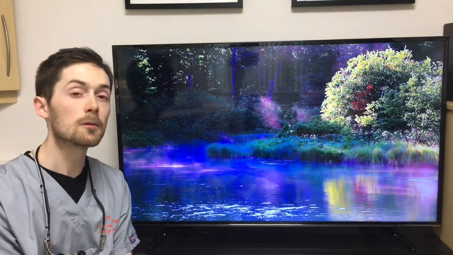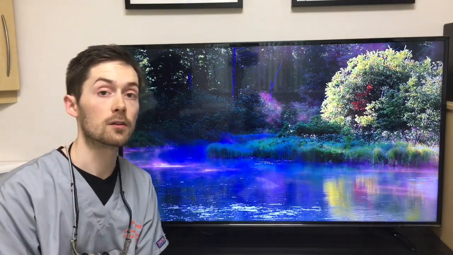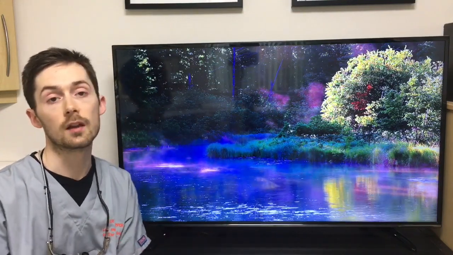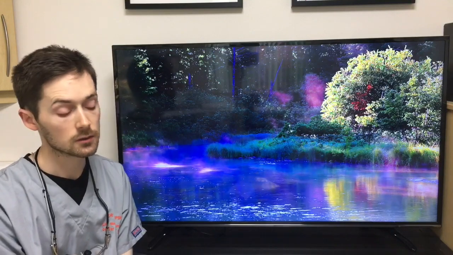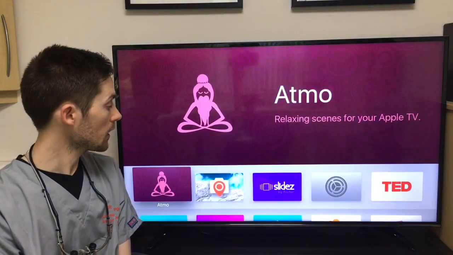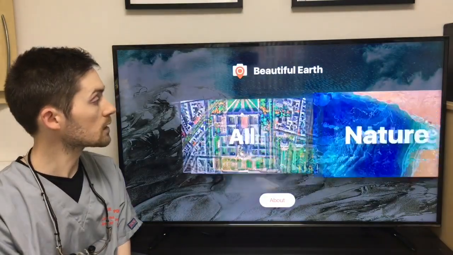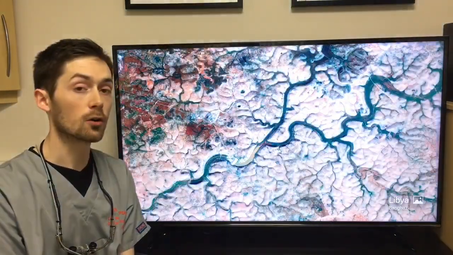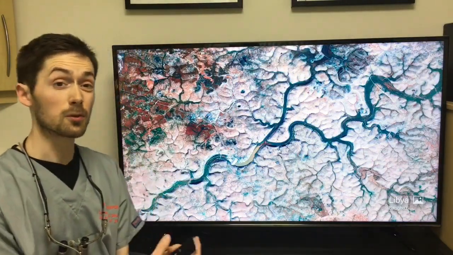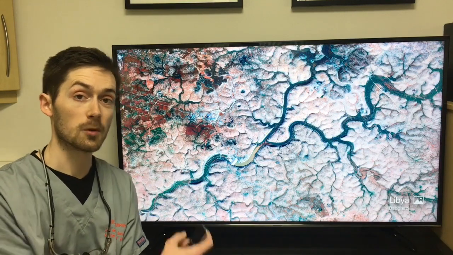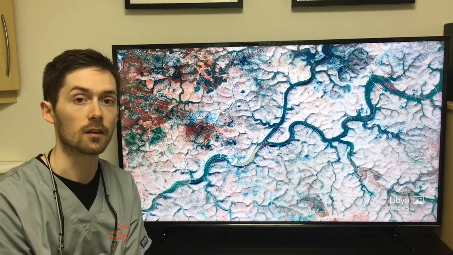So I have had a couple of adults who are very nervous patients who really like to have this before treatment rather than having the slideshow, and that's perfectly fine. And the other thing that I use for nervous patients is this one here, which is a collection of aerial shots from around the world, just showing really beautiful scenes, and it's just something else to look at, particularly when you're curing composite. It can be quite nice to have something like that going on in the background rather than just a blank